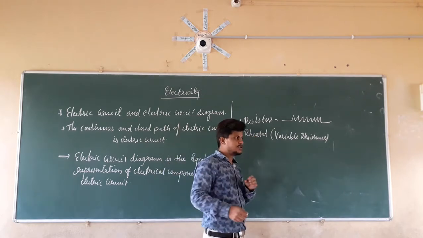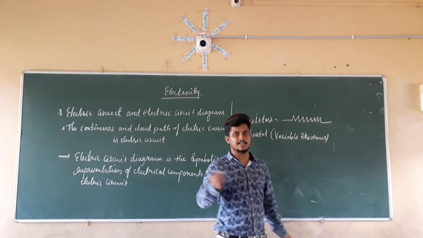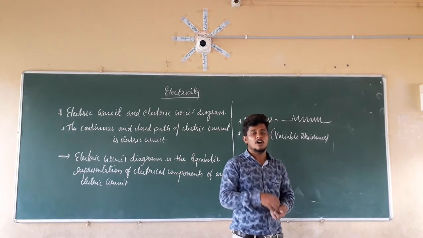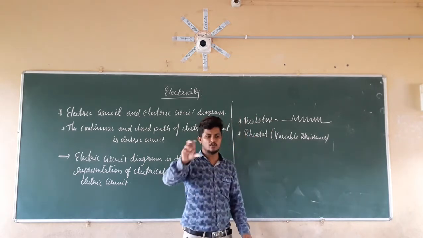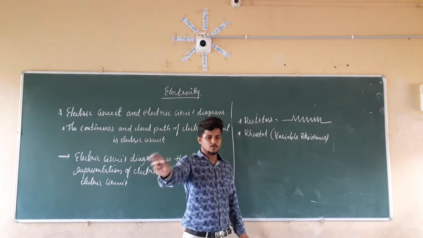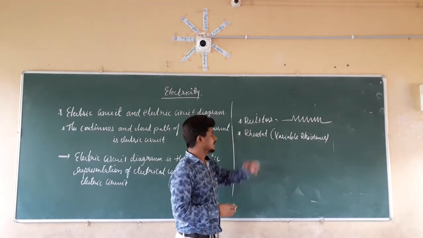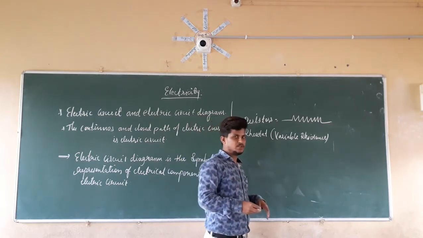We have two types of rheostat. We have a resistance box, in which we take out some resistance so that we change the resistance. Or we have a coil with a wheel. By rotating that wheel, moving it to and fro, we change the resistance of the electric circuit. So we have two types of rheostat.